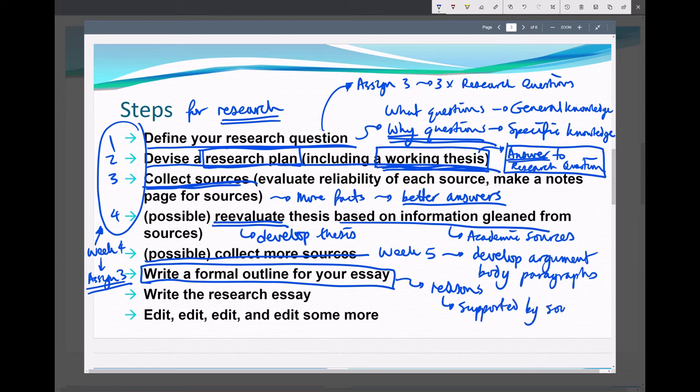sources. Now remember, in assignment 2, your opinion essay, you're only working with one source. In assignment 3 to 4, your research paper, you're working with at least 3 sources.